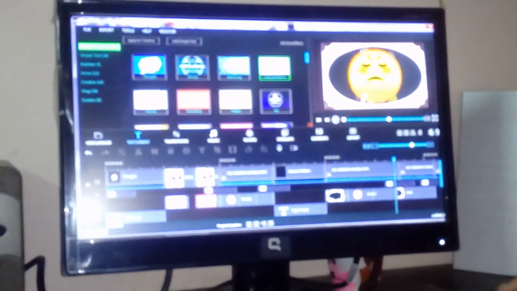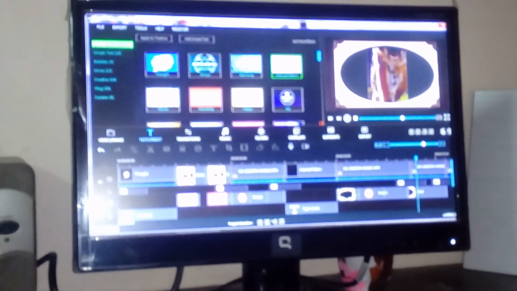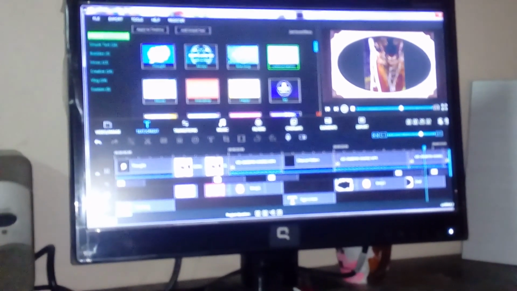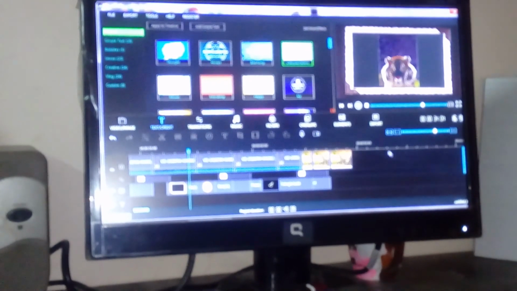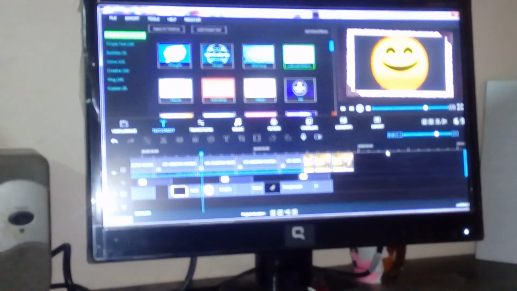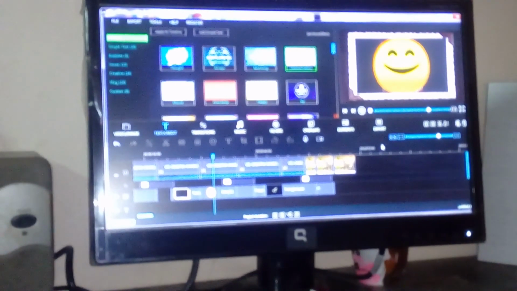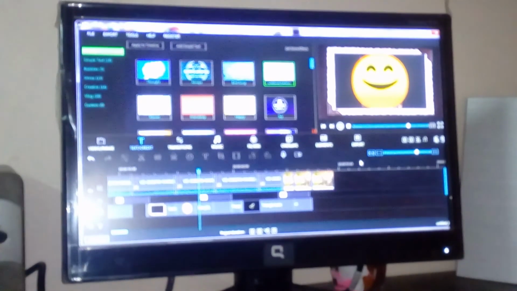In the last step you have to export the movie when it is created and finished. The last thing is to export. Now the movie is going to complete.